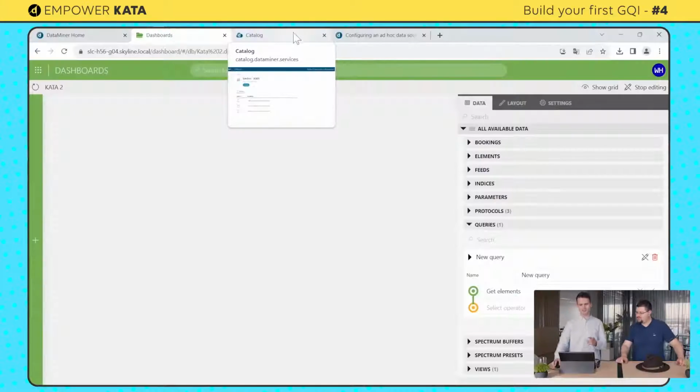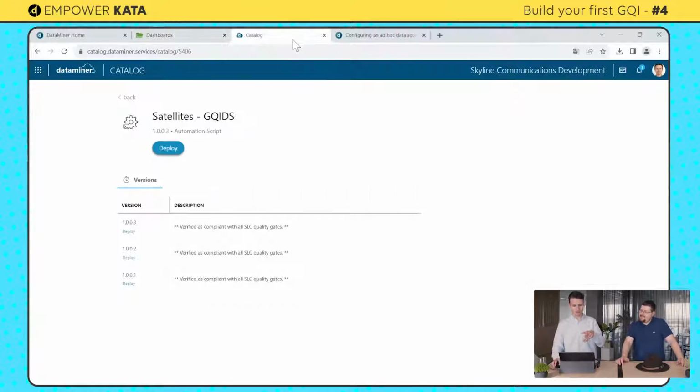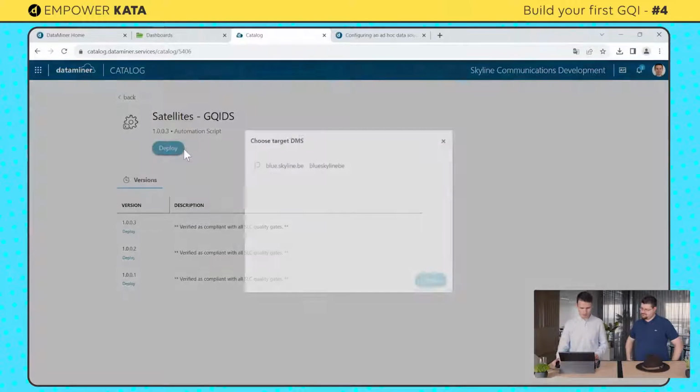So yes, if you want to follow along, you can go to the catalog once again. There you will find a package called Satellites GQI DS, the GQI data source. Go to catalog.dataminer.services and search for satellites or GQI DS. You will probably find it if you search for one of these two words. If you have deployed it, maybe I can quickly show you.